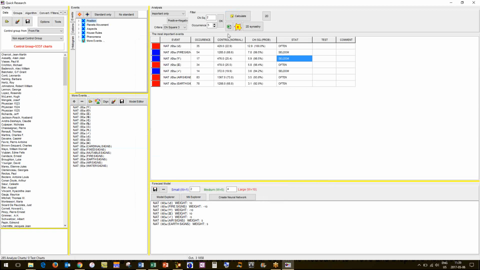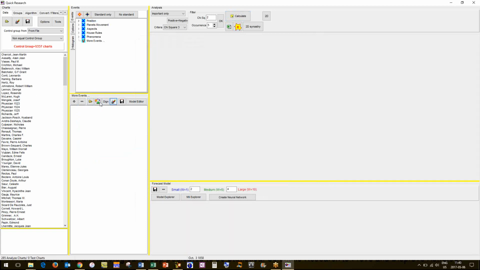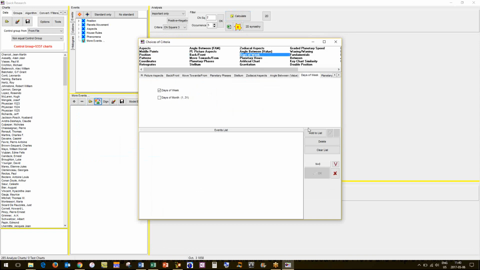So again, what you would do is you'd create your Excel, save that so that you can look at it and present this. Calculate. And now again, we can do a lot of different things. There's interesting stuff you could do here, like days of the week.